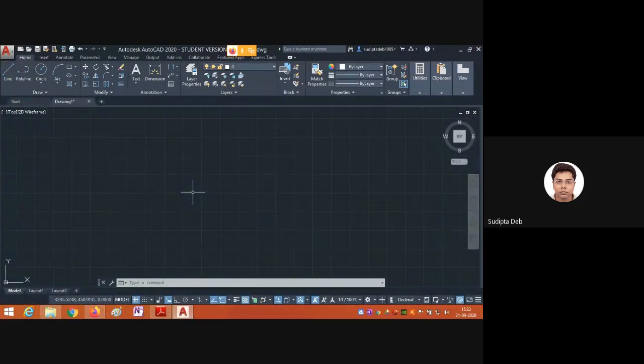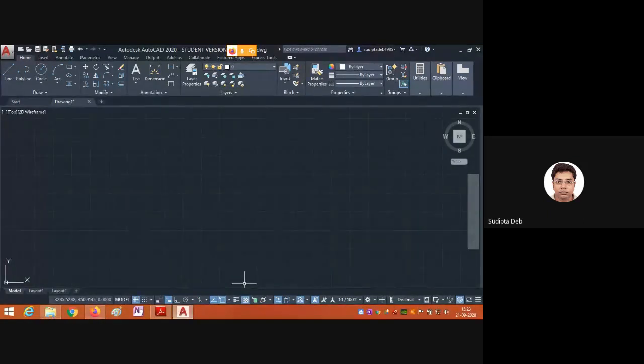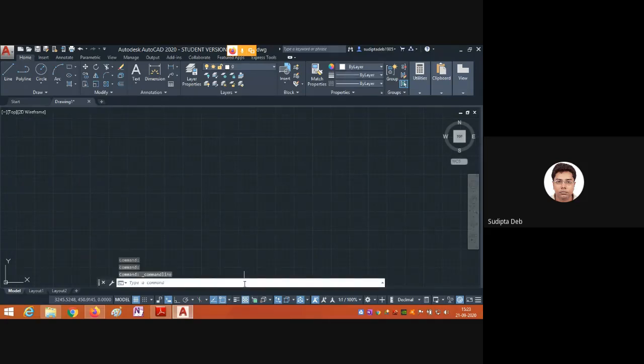But if you have made this mistake, press Control+9 at a time, and you can get back this command line. Let me show. Let me cross this one. Right now this is not available. Now if I press Control 9, then again you will get back this command line.